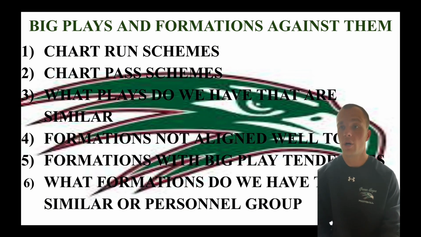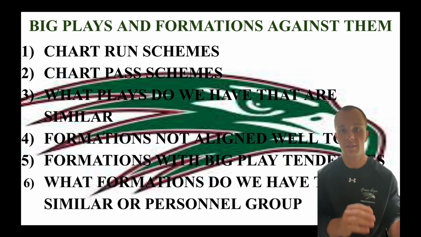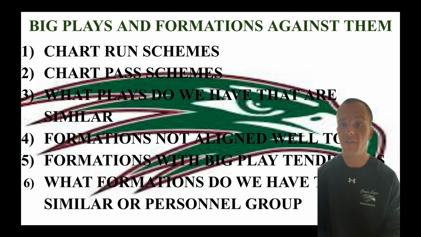But it's also about, and that's why I'm putting this on the same slide, whether the run or pass schemes they're giving up are because of the ways that teams are setting up or the way that they're aligning with their formations. And so we'll chart anything that's been plus 5, because plus 5 is a big-time gain in the run game, and in the pass game it will be around 10. And then also having a list for big plays: I like to go 15 plus on a run, 20 to 25 plus on a pass, and also any type of touchdowns.